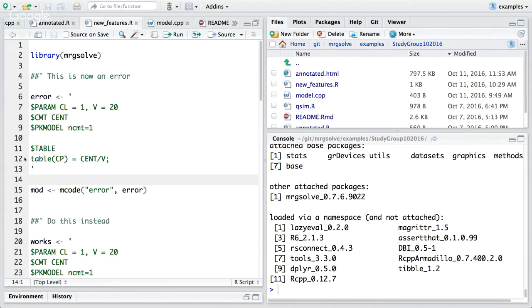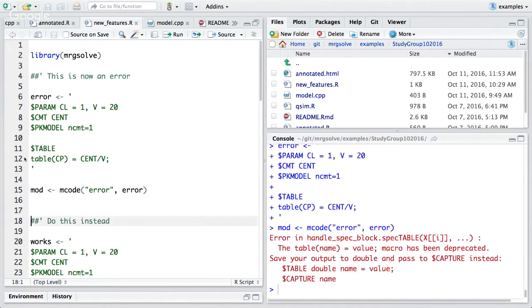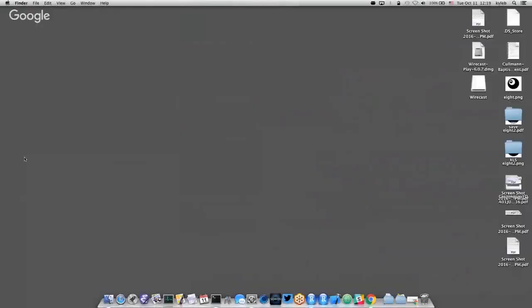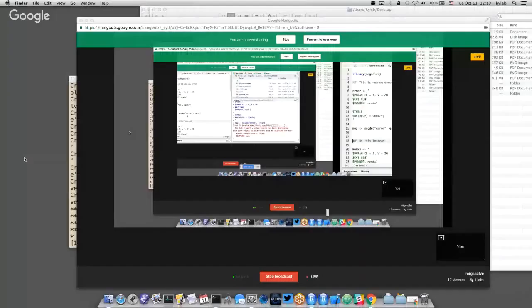That has been removed. So let me run this. When you run code like that now, you will see an error message. The model will not compile, and so this is just totally gone. We deprecated it for a little bit, for maybe 3 or 4 weeks. In the development version, it would give you a warning message. Now that's just totally gone, and the